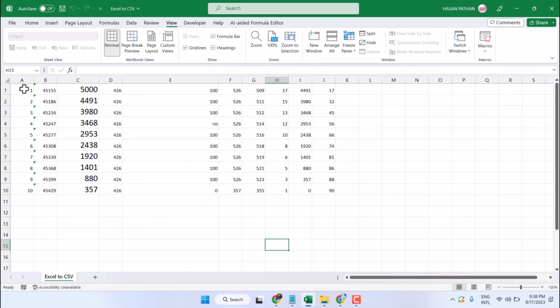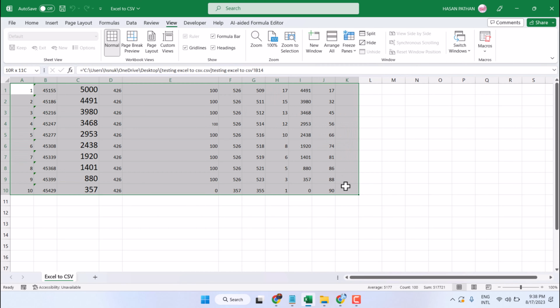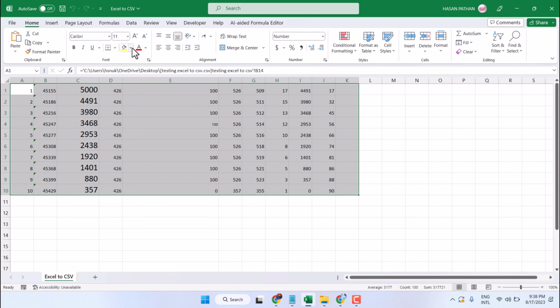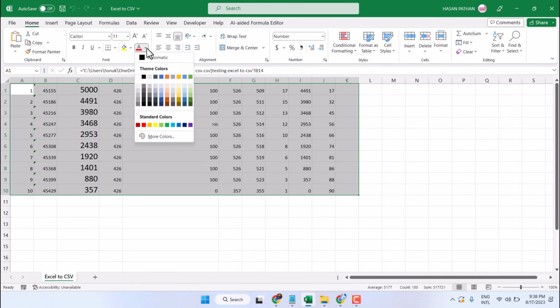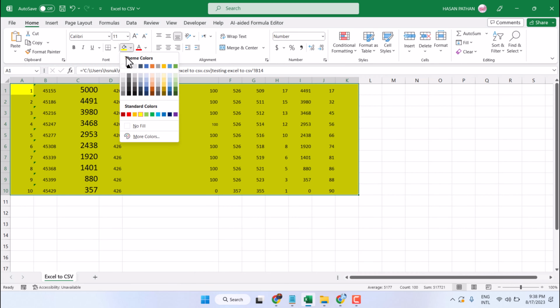Another way you can hide any particular guidelines. Just select that area and in the Home tab, here select white color